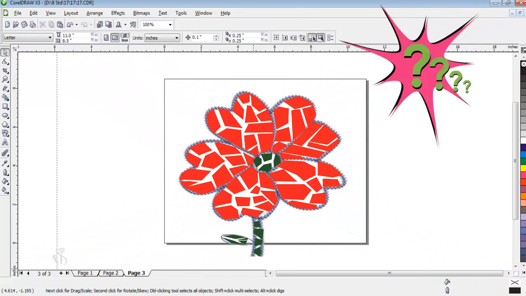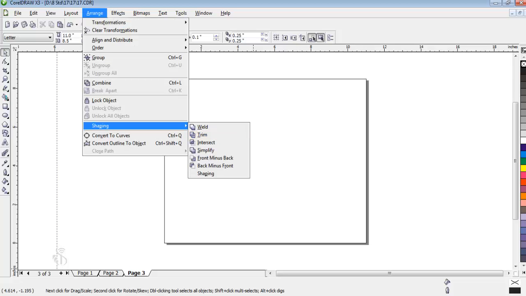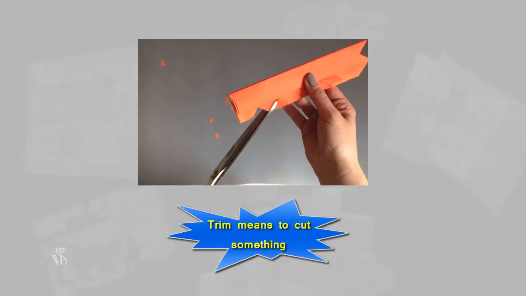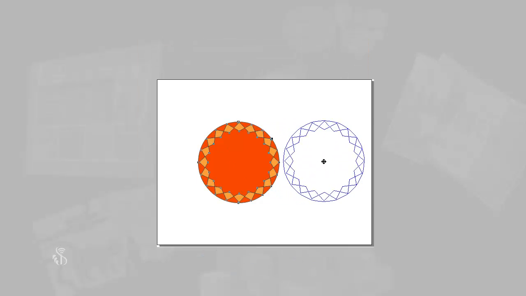Yes, indeed. In this software, there is a command called trim. Trim means to cut something. We can trim the shape of an object into another. For instance, if we want to cut out a shape of a moon in a square, then we can use